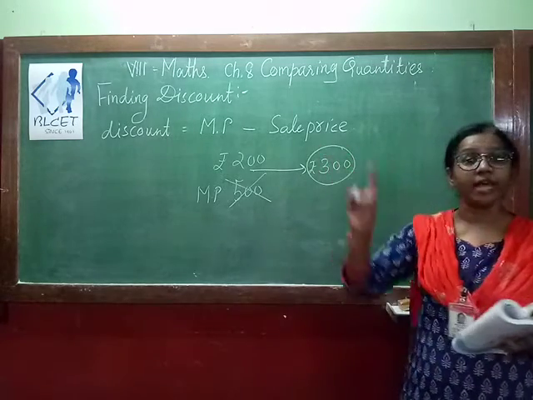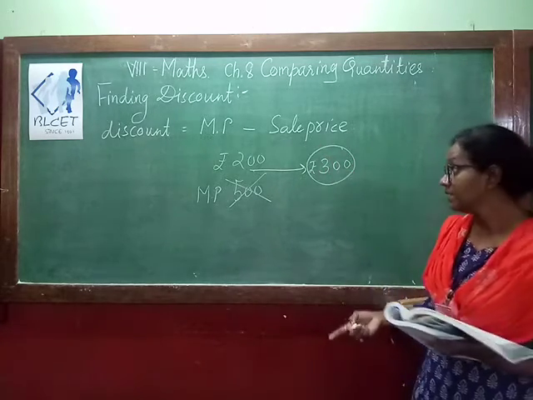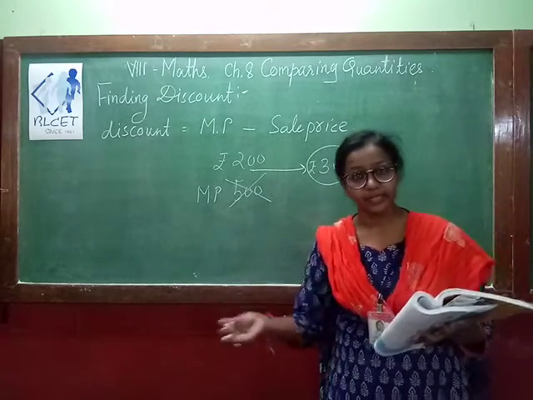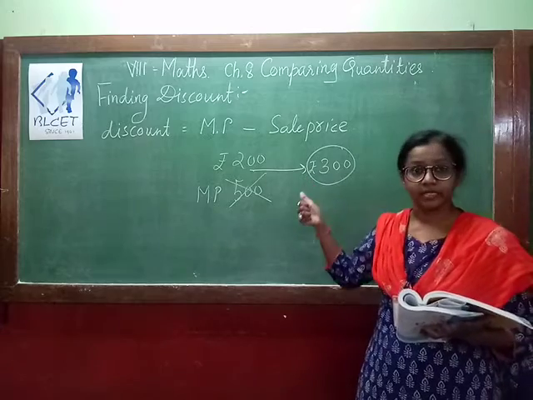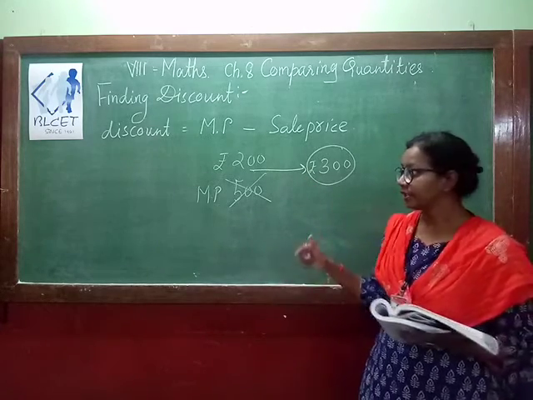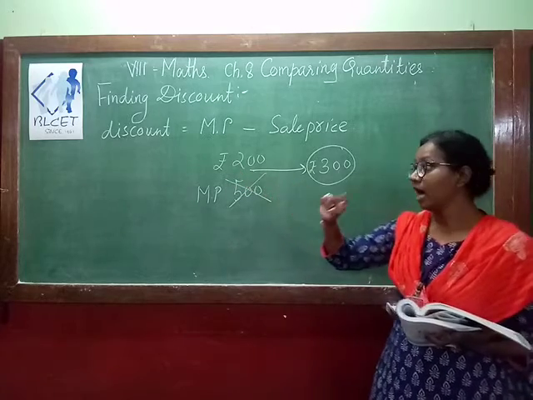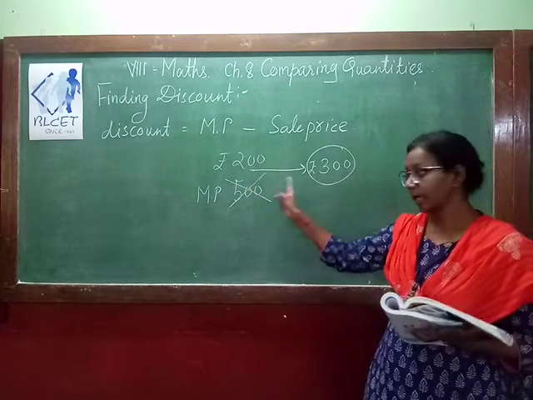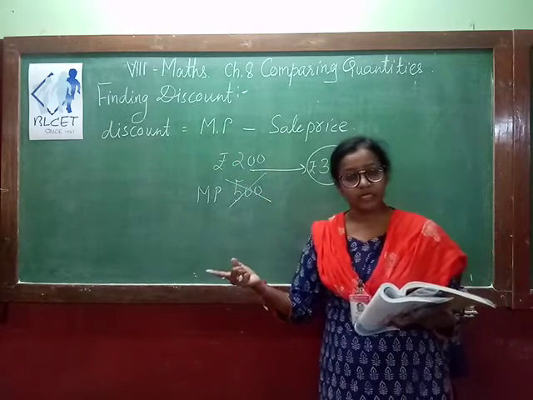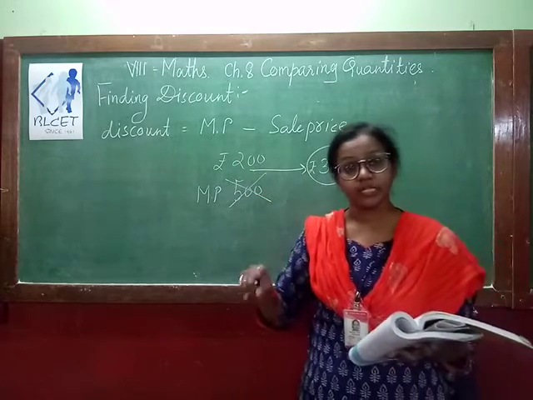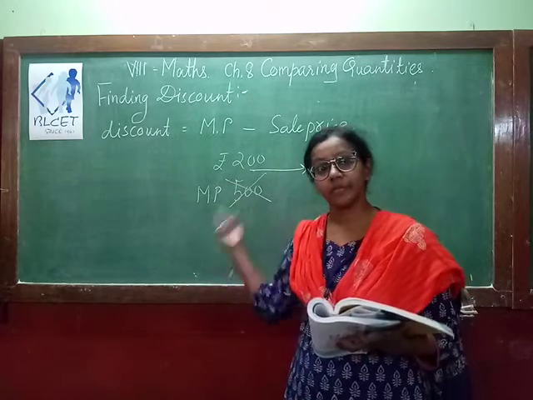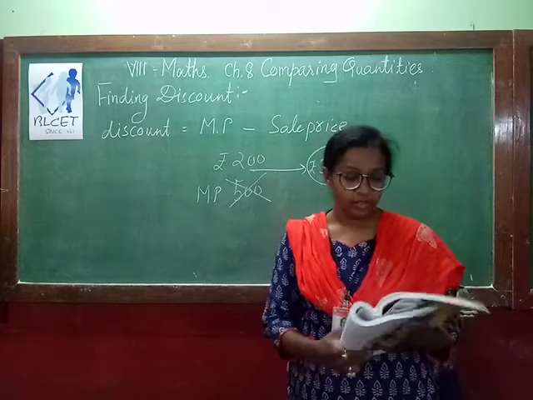So if you want to find the percentage, that also you can find. Sometimes it happens the discount is given in percentage, that you have to convert into rupees and then find the selling price or the mark price. In this we will see such kinds of examples. For that you have to understand what is discount and how you can find the discount. If the mark price is given and selling price is given, then you can find the discount. Suppose discount percent is given, mark price is given. Then you have to convert the discount percent into rupees, then from the mark price subtract the discount, and you get the selling price. So let's see the examples.